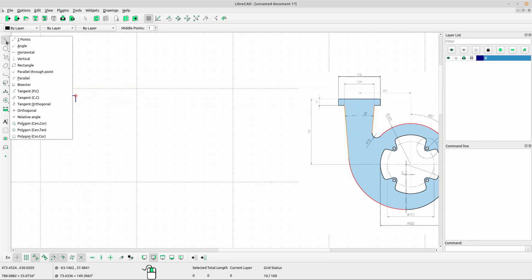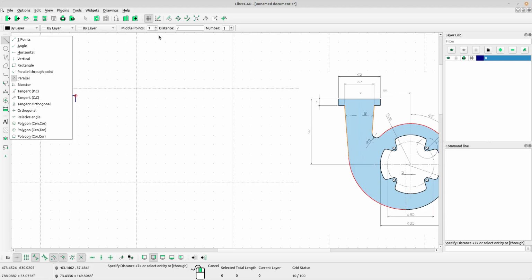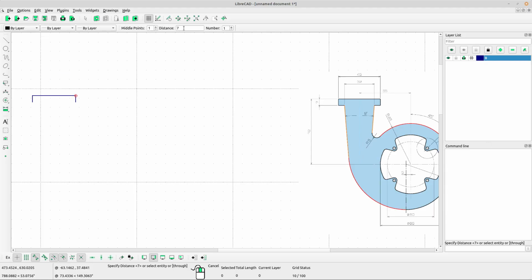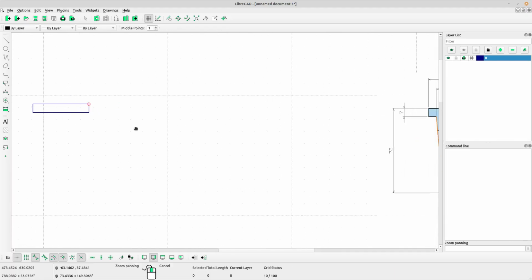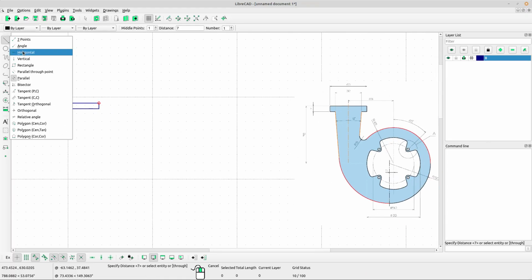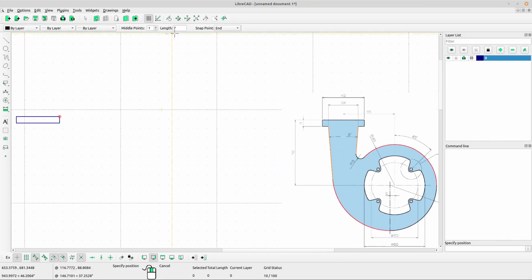Now select vertical parallel line. Okay, and type the distance 7, left click below the horizontal line. Now select horizontal and type the length 32 and select snap point middle, left click. Okay,